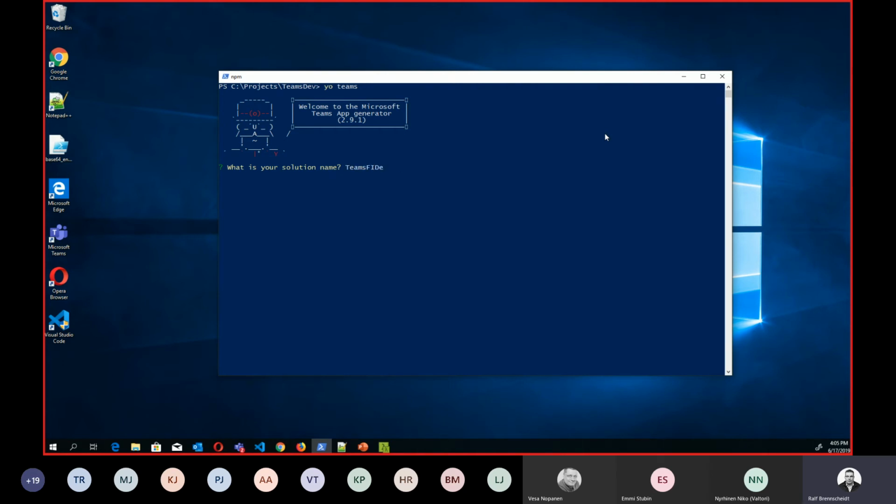For our case, I name it demo1. Then it asks where to save it: use the current folder or create a subfolder. Then a title for your application, Teams FI Demo 1, who's the company, and then you get asked about which version